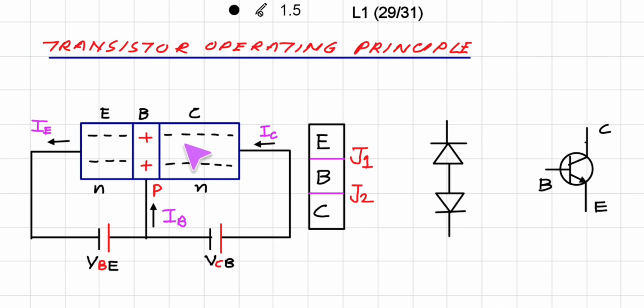In this case we can see that this is the emitter and base, that is this N and P is one diode, and this P and N is another diode. So this way the two diodes are connected back to back. So this is N, this is P and this is N. In case of a diode we have only one junction, but in case of a transistor there are two junctions: the emitter base junction, which we call junction J1, and the base collector junction, which is junction J2.